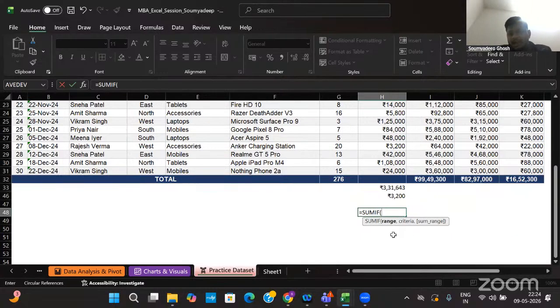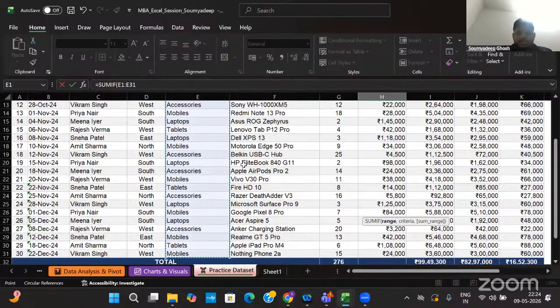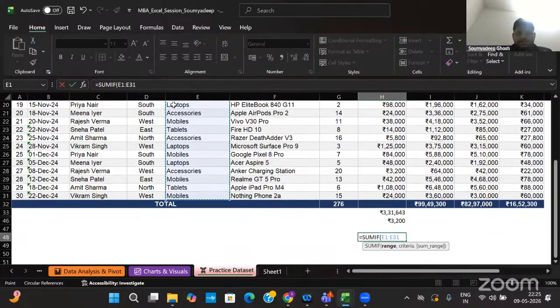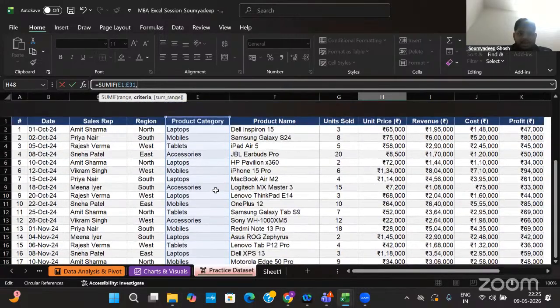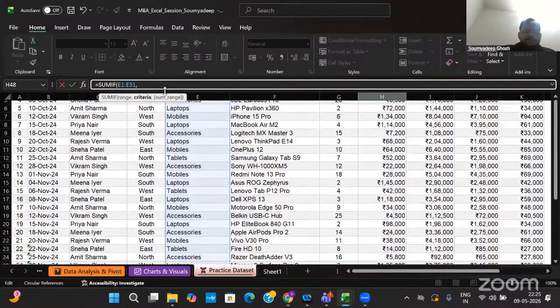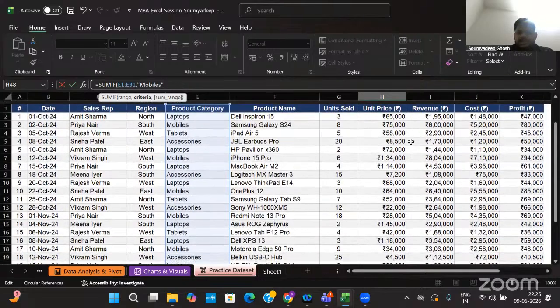If you see what is mentioned, first we need to apply the range. The range is the product category column. I'm selecting the product category column, then criteria. I have mentioned the criteria to be mobiles. As it is a string, I'm giving it in quotes. Then sum range.